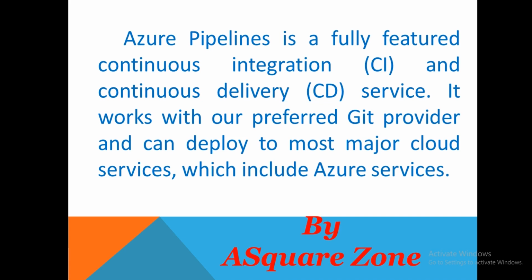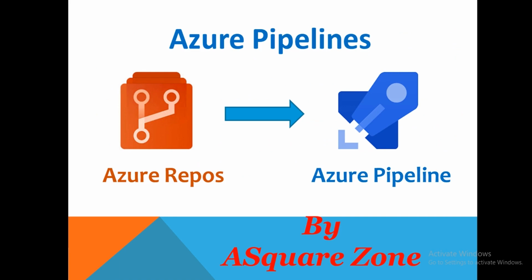And we'll see why we should use Azure Pipelines. Implementing CI/CD pipelines helps to ensure consistent and quality code that's readily available to users. Azure Pipelines provides a quick, easy, and safe way to automate building your projects and making them available to users. What are the benefits of Azure Pipelines? Using Azure Repos or GitHub, or any other repositories, we can build our pipelines using Azure.